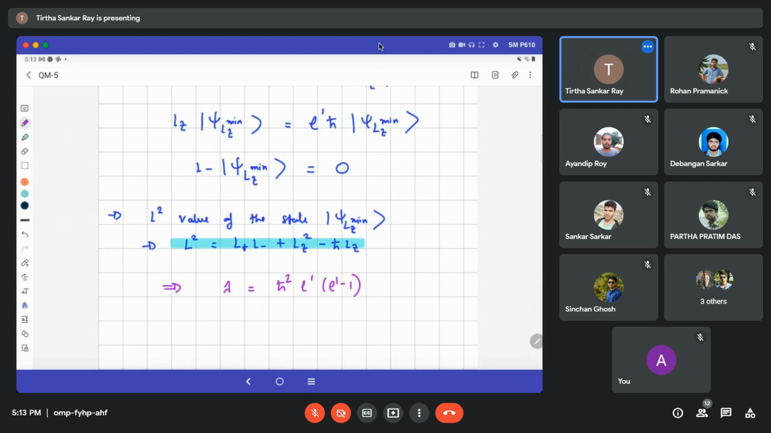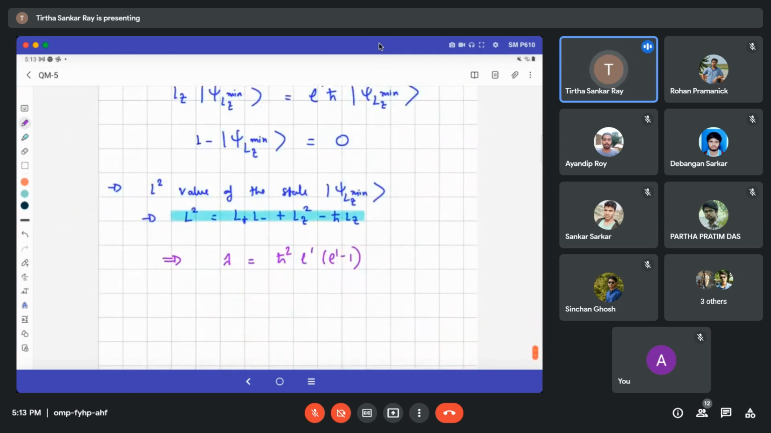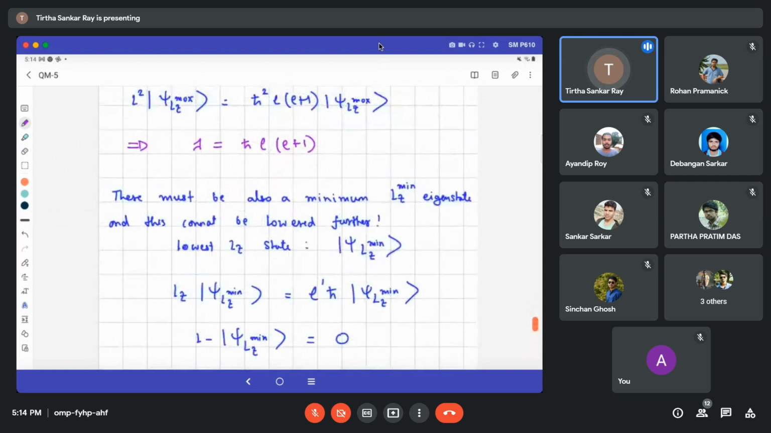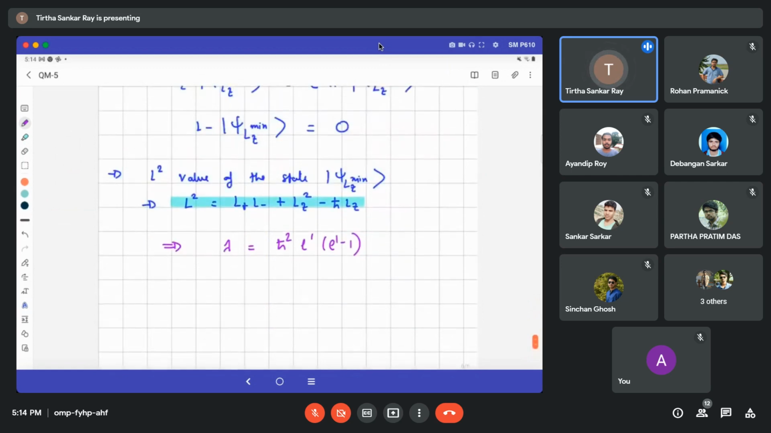It is this kind, right? So lambda is equal to h square times L prime into L prime minus 1. But again, let me remind you, moving from this L max to this L min, you have just repeatedly used the L minus operator. And in the usage of the L minus operator, the total angular momentum, the value of lambda, never changes, because both L plus and L minus commute with L square. So while this is an expression for lambda, this is also an expression for the same lambda. So by comparing these two things,